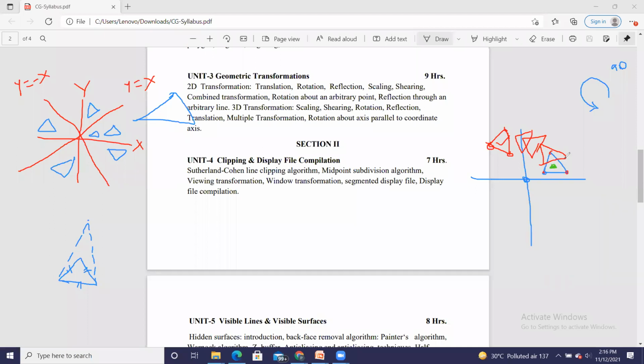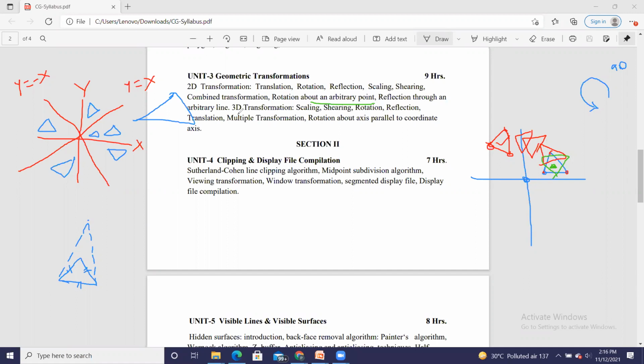With respect to this point, the triangle will change its coordinates like this. Because it is simply rotating the object with respect to its center. That is called rotation about an arbitrary point. So this is your arbitrary point. It is not the origin. So with respect to this arbitrary point, how to carry out the rotation, that we are going to learn.